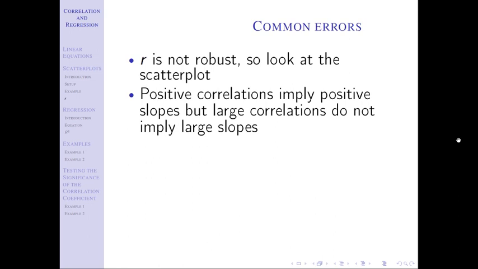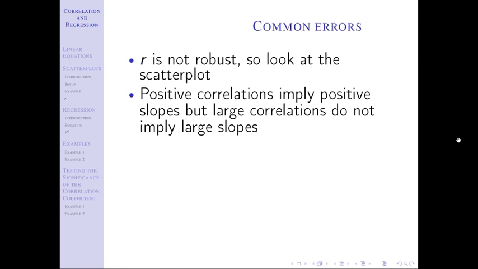If I have a positive slope or a positive correlation, I know that the other one is also positive. And the same holds for negative, right? If I have a negative correlation, that tells me I have a negative slope. If I have a negative slope, that tells me I have a negative correlation. That doesn't work with the number, though, with the magnitude. Slope is rise over run. So if my slope is negative, that means I'm falling as my x gets bigger, and that's what a negative correlation literally means. But if I have a large slope,